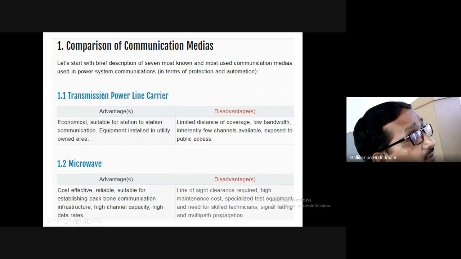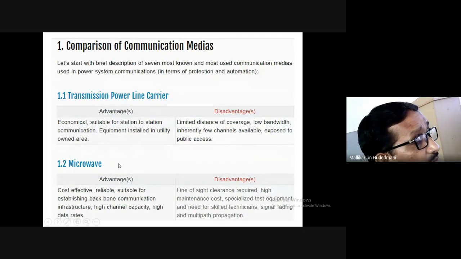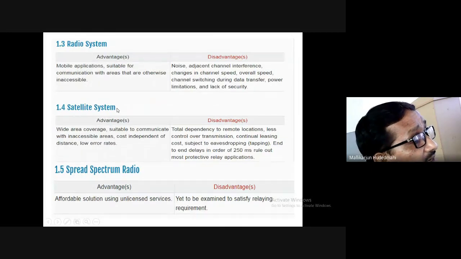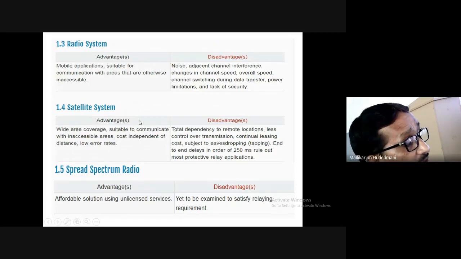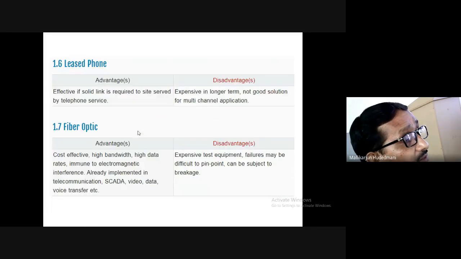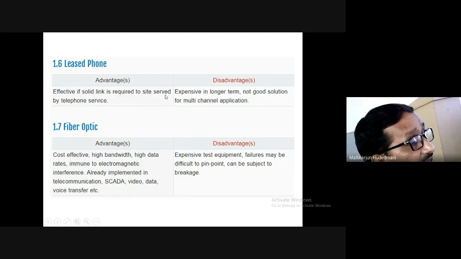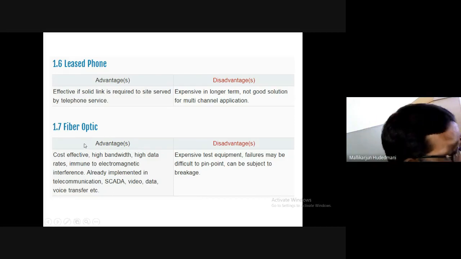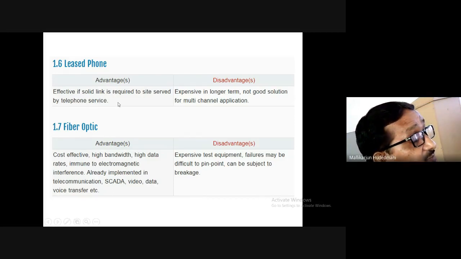So I have here PLCC, microwave, radio system, satellite system, and in the radio system only the free band, which is below the licensing authority. These are the useful communication channels for the particular transmission for the power system to operate. Then we have leased phone. It is effective if a solid link is required to a site served by telephone service. I can imagine a far away remote area where telephone connectivity is possible rather than other kinds of bus transport